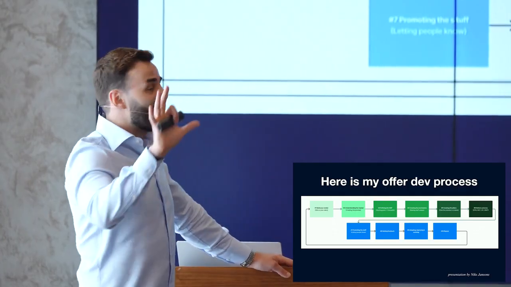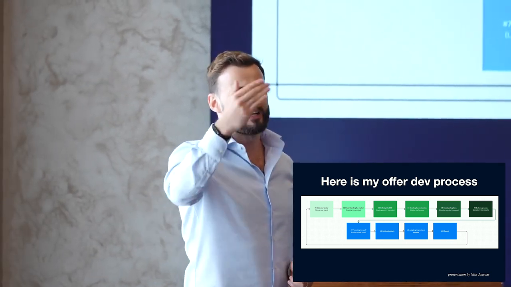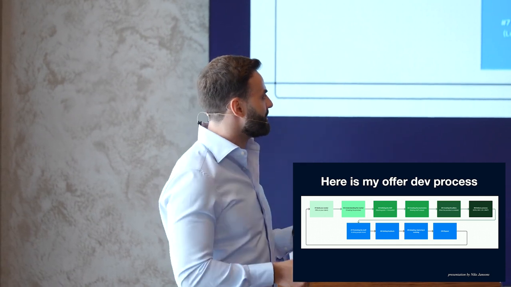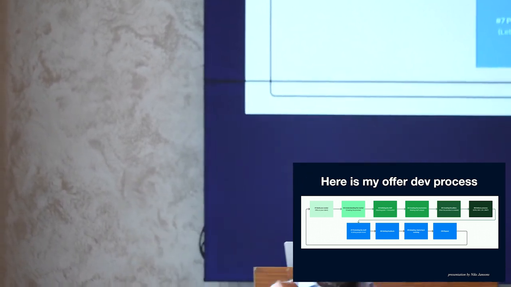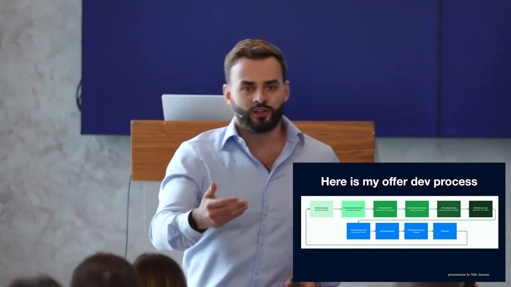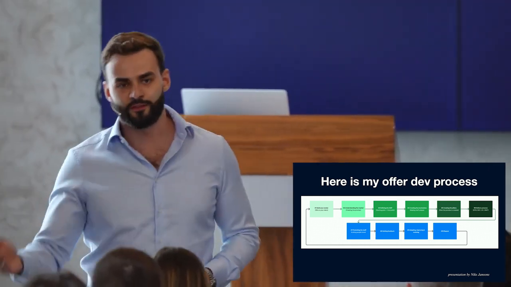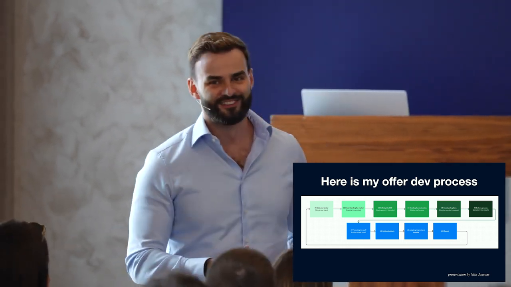Number 5 is to create big pillars. Like, what is the thing you're going to do for them? We're not going to dive so deep into that, but just to understand. And number 6 is how you deliver it. Delivery means how you deliver the thing you said you're going to deliver, which is: I do it for you, we do it together, you do it yourself, or a hybrid, which I like to call do whatever it takes to get it done. You know, that's what I like to do, right?